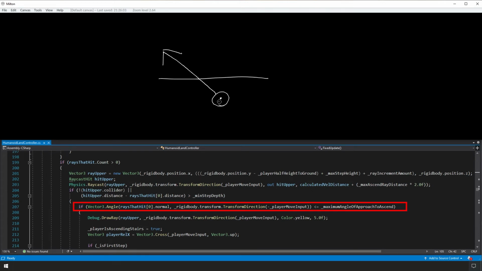Okay, here we have our player. Our player is moving in this direction. This line here is actually a stair. This is the first step or whatever. Doesn't really matter. Again, I explained what exactly the normal is in the slopes video that I did, but the